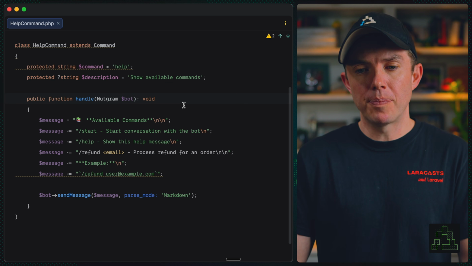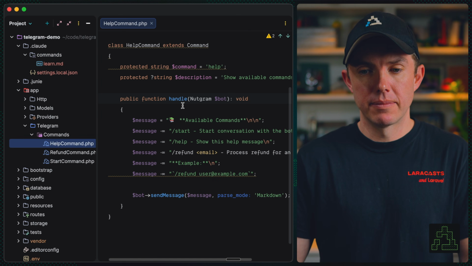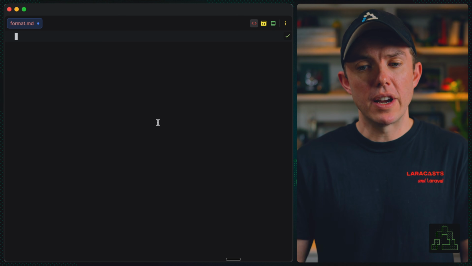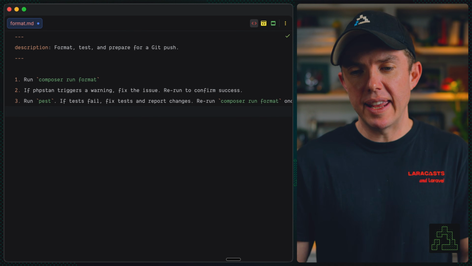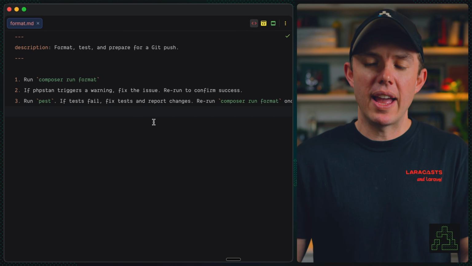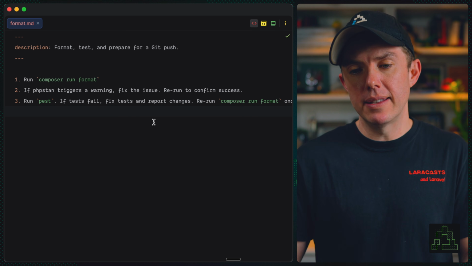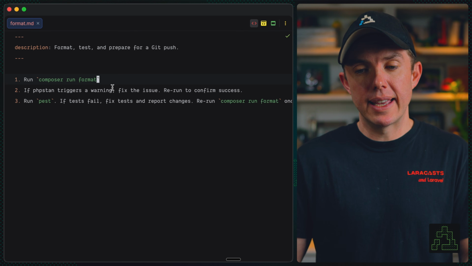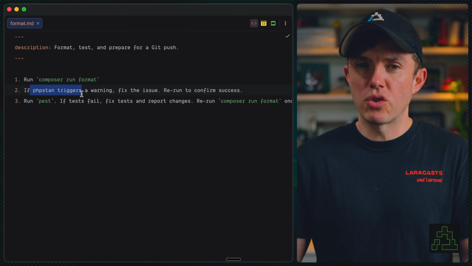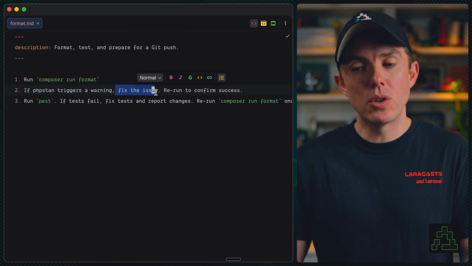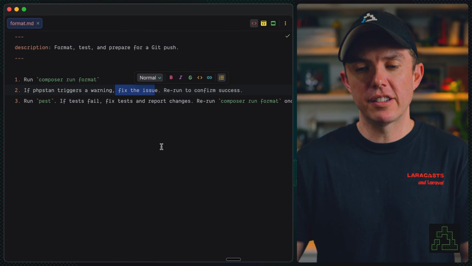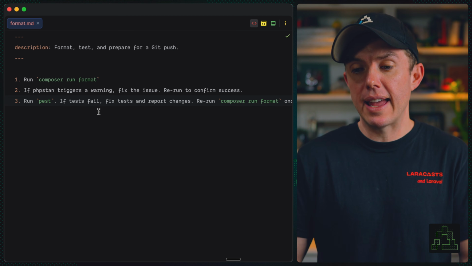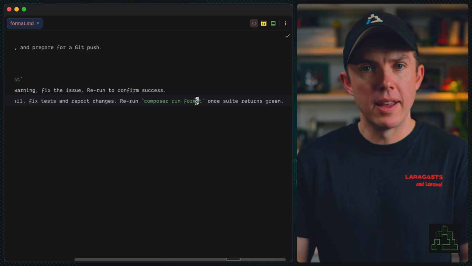So here's one thing we could do. We could register it as a command right here, create a new file. We'll call it format. All right, so I'm going to paste this in. You don't want to watch me write this out by hand. It's a little painful. But we now have a format command that will format, test, and prepare for a git push. It'll do that by running that composer run format script. If PhpStorm triggers some kind of warning, it needs to fix the issue and then rerun until everything passes successfully. And then I want it to run test. Now, if the tests fail, it needs to fix the tests and then rerun composer run format just in case